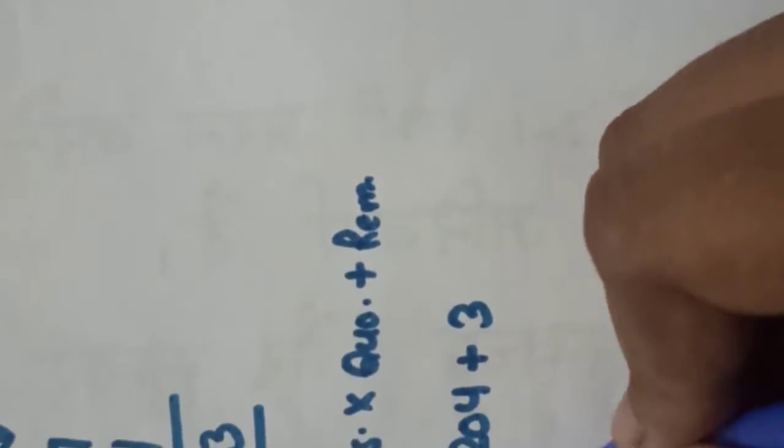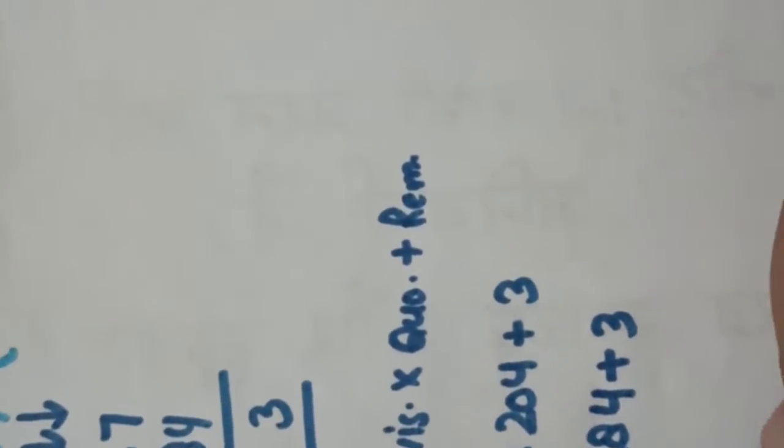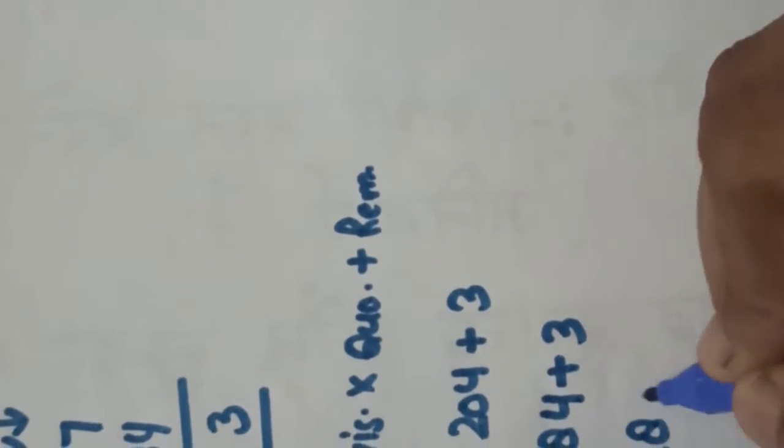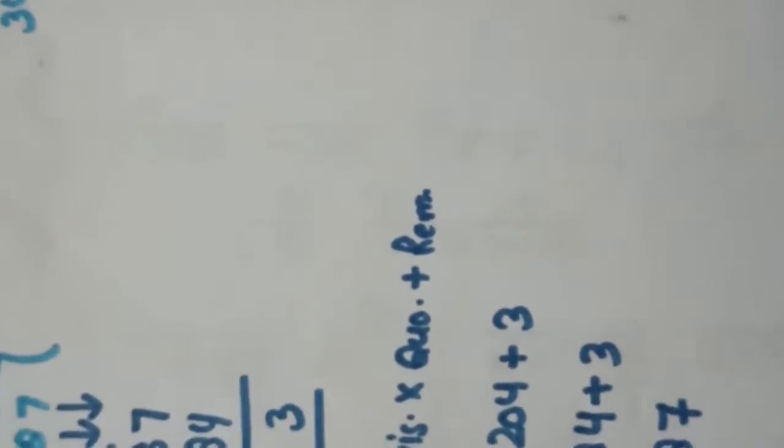Now what we need to do? We just need to multiply these two numbers. Let us multiply it. 204 into 21. 4 ones are 4, 0 2 ones are 2. 4 twos are 8, 0 2 twos are 4. 4, 8, 2, 4. Let us write down 4, 2, 8, 4. Then we need to add 3 to this number. So it will become 4287 and it's done. Okay.